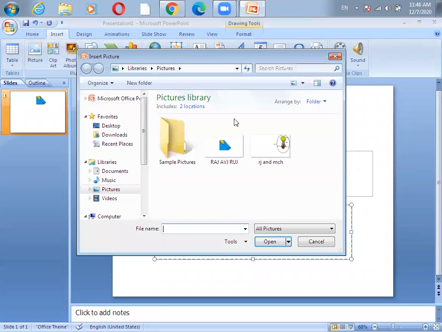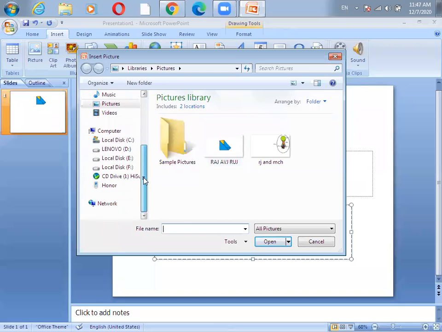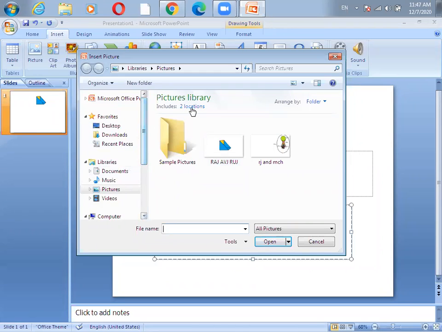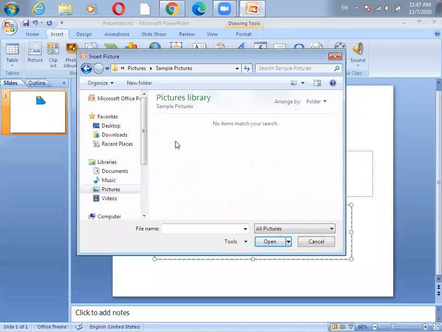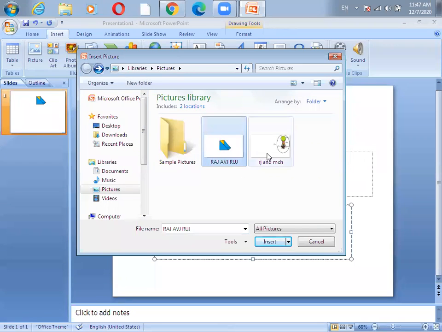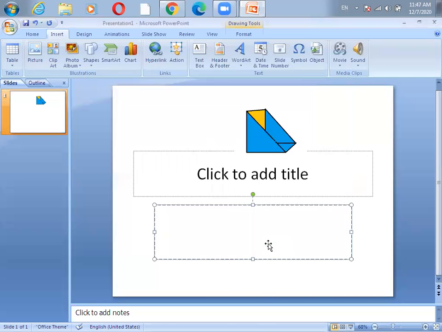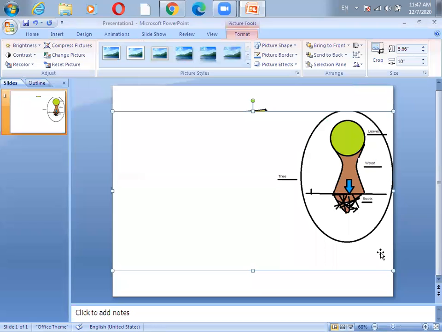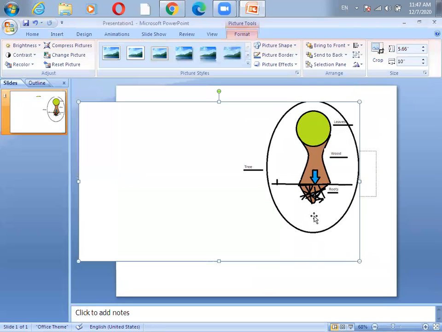After clicking on this, you will get this kind of dialog box. From here, wherever your picture is, you can go to that particular folder, the pictures folder. You can choose the path of that particular picture and then open the folder where you have your picture. Just click over there and click on the insert button. Then you will get this particular picture.